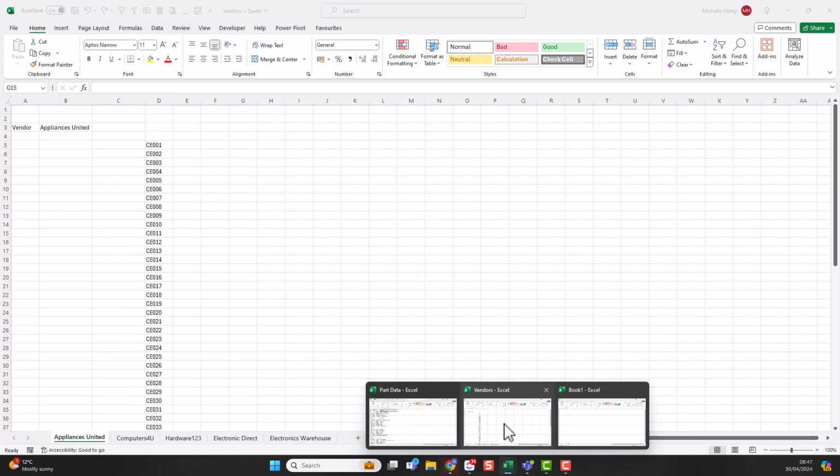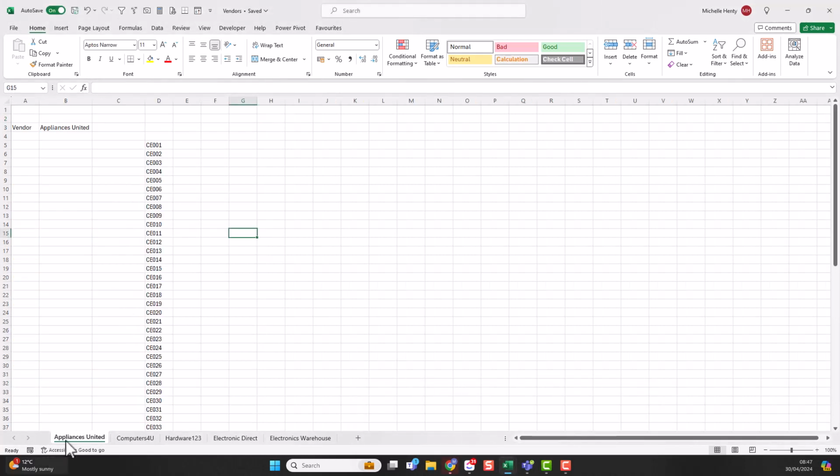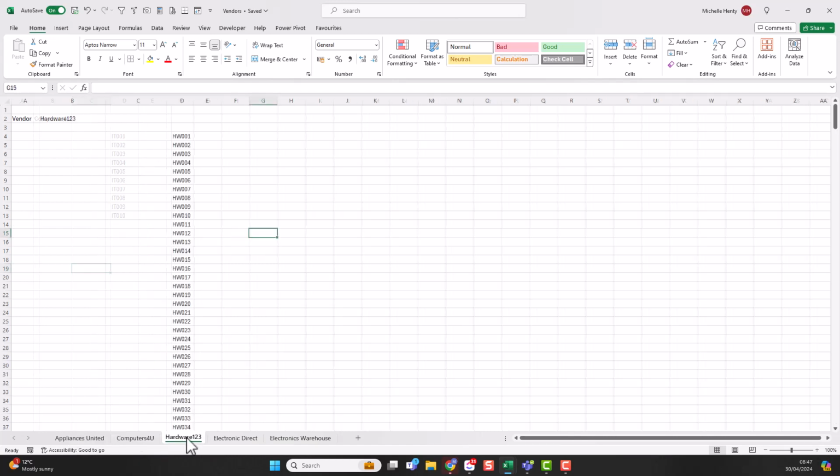In a separate file, I have a vendor's master data list. So there's a tab here for each vendor and the part numbers that they supply. I've made it so these last two here actually supply the electronic components. So there's two vendors for the same products here. There are also some parts in the part master data that aren't mentioned in any of these tabs. There are some parts that don't actually have a vendor. It's just so I can show you different scenarios on how you can clean up the data as well when